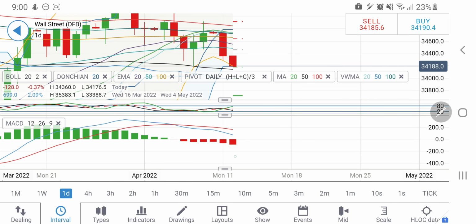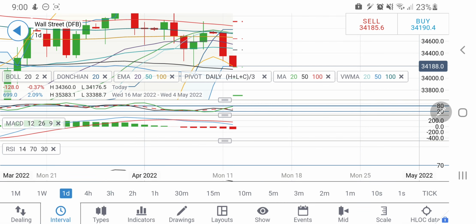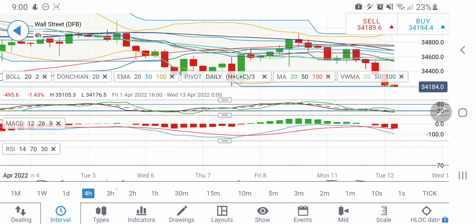MACD is wide divergent, still on sell. RSI looking downwards here. So considering this, let me give you my observation. A short entry is only recommended or can be taken at 34,170 levels, and then you can expect it may try to head towards 34,100 levels and 34,000 levels. And on the upside, till the time it remains above 34,170, and yes, if you see it trading above 34,250, you can take a long entry for 34,300, which is going to be a stronger resistance, and beyond that the 34,350 to 380 zone is going to remain a stronger resistance.